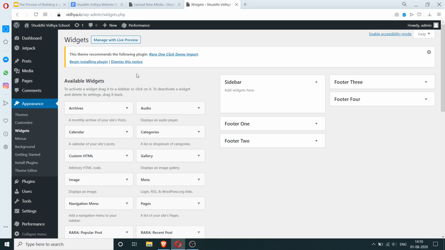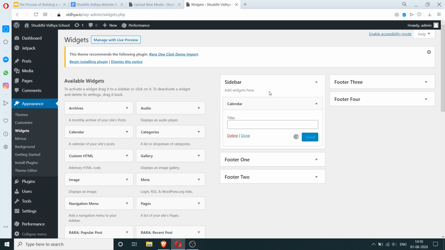This is a screen where we can organize the available widgets on the left side. These things we can organize on these locations that are available on the theme. We want to have the calendar on the sidebar. We can just drag and drop it over here. We can name this thing.